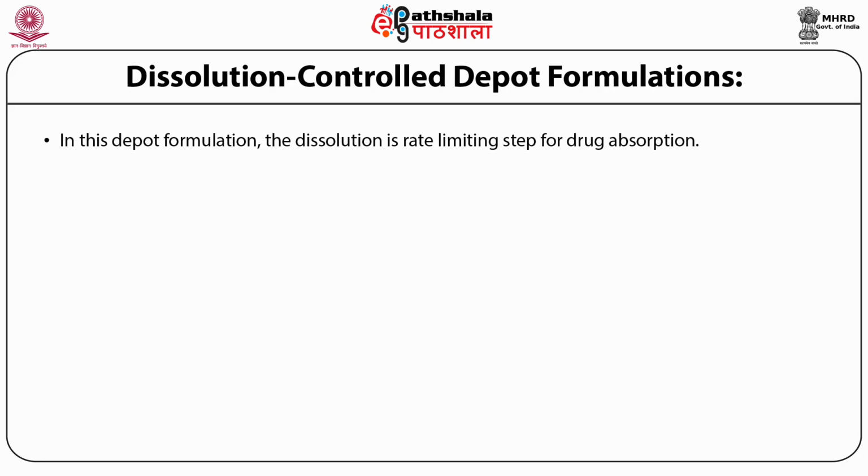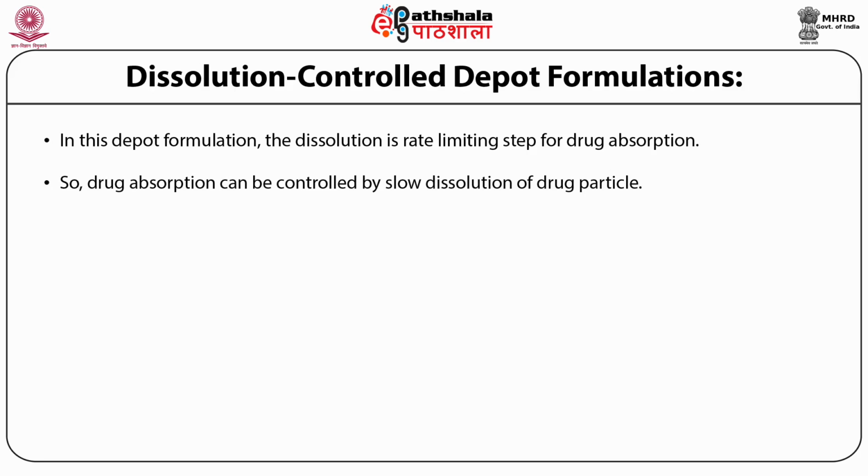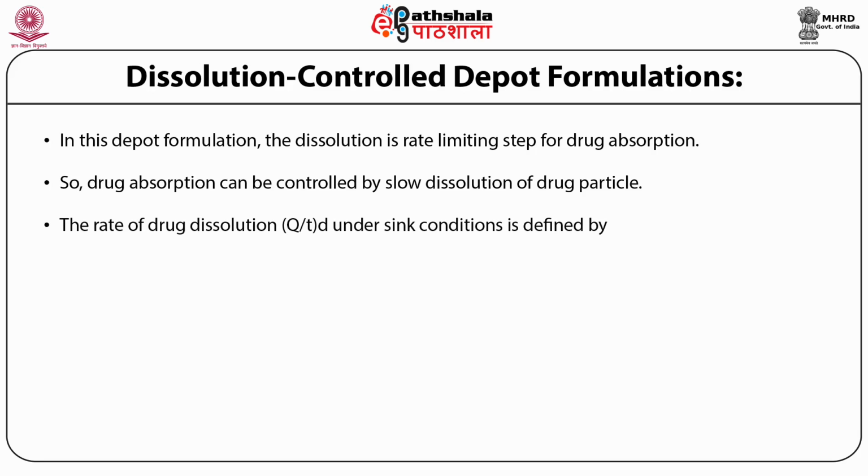In this depot formulation, the dissolution is a rate limiting step for the drug absorption. So, drug absorption can be controlled by slow dissolution of the drug particle. The rate of dissolution, that is Q/t into D, under sink conditions is defined as Q/t into D is equal to SA Ds Cs divided by hD,